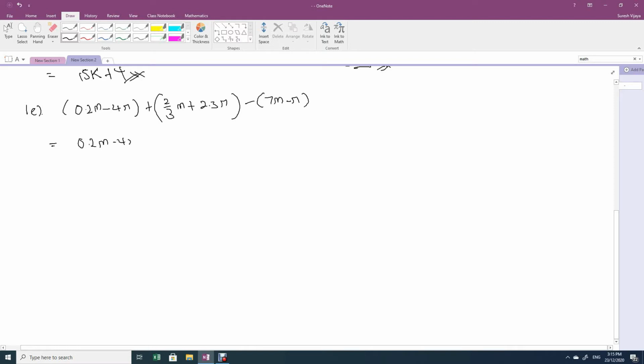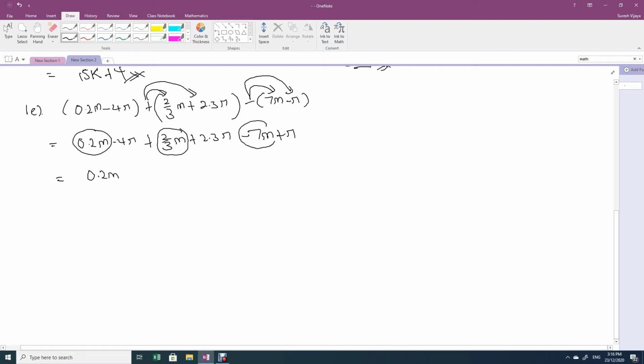to arrange the like terms together here, 0.2m. Okay, sorry, we have to break down the equation, yeah. So we multiply in the minus to the parentheses. We have 2 over 3m plus 2 over 3n and minus 7 times m and minus times minus n, yeah. So we have minus 7m plus n, yeah. So we have 0.2m, then we rearrange the like terms, yeah. Okay, these are the like terms, plus 2 over 3m